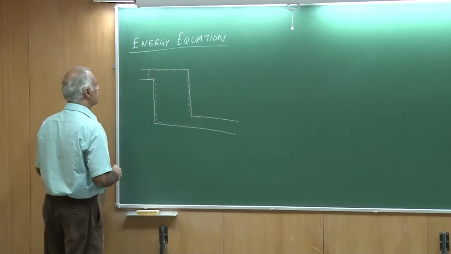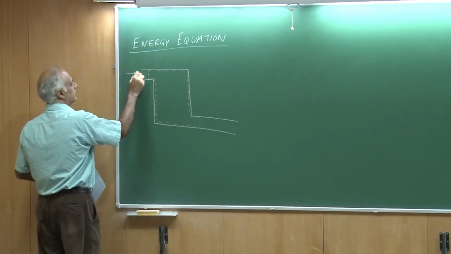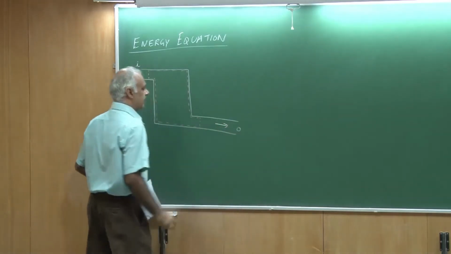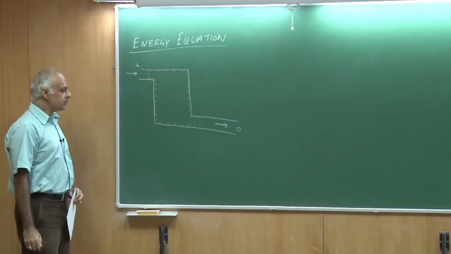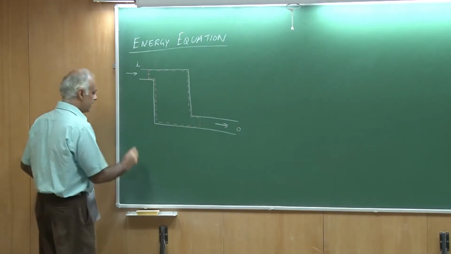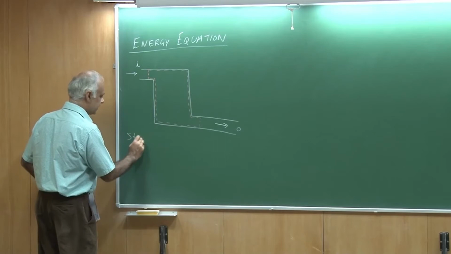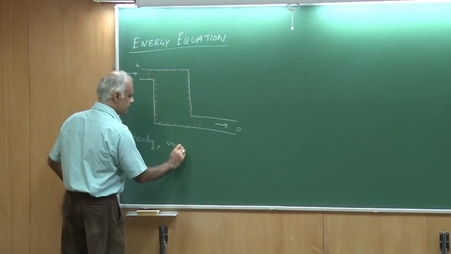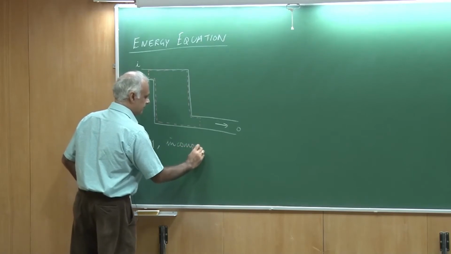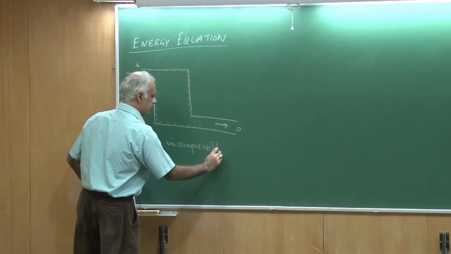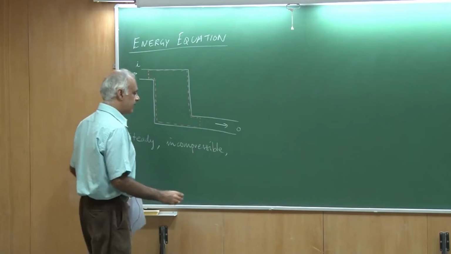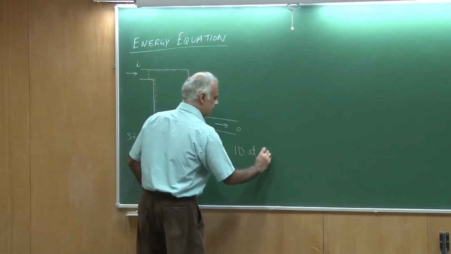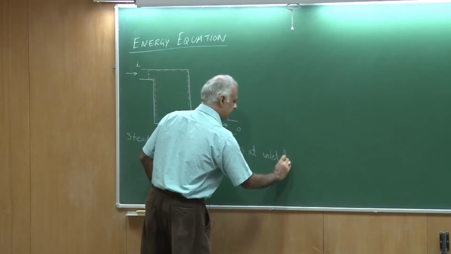There is an inlet port and there is an outlet port, and for this control volume, when we assume that the flow is steady, it is incompressible, and that it is 1D at inlet and outlet,